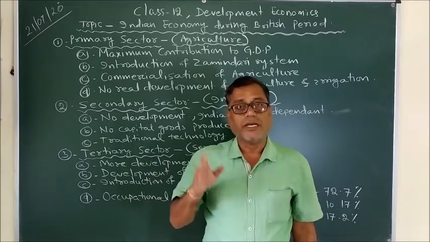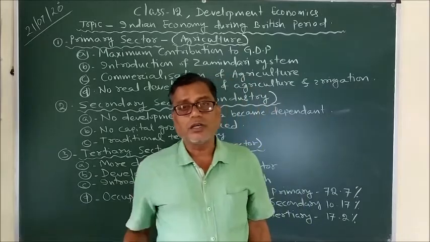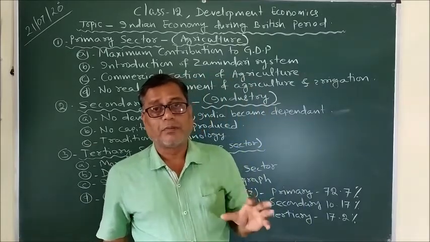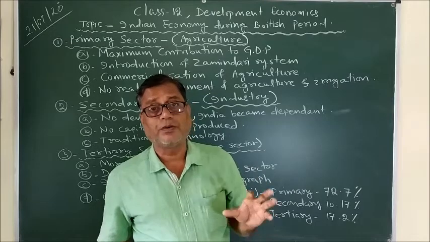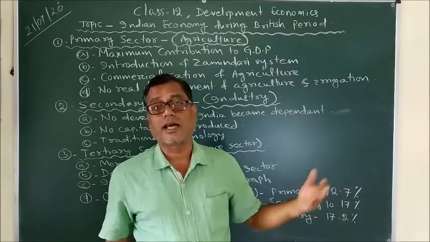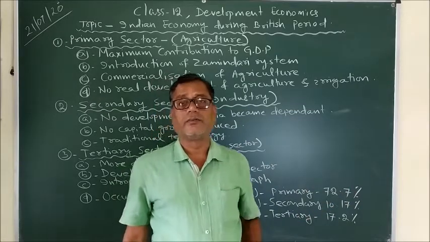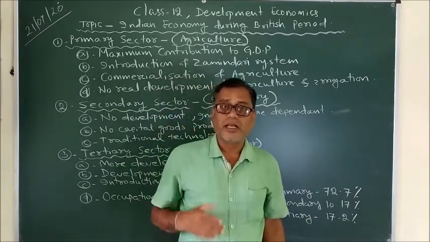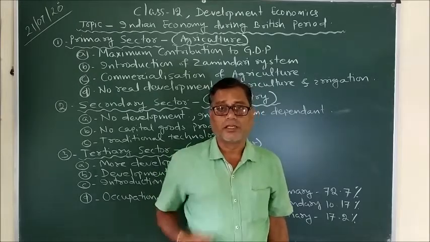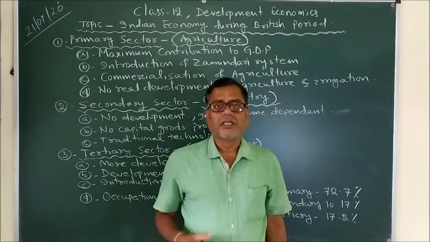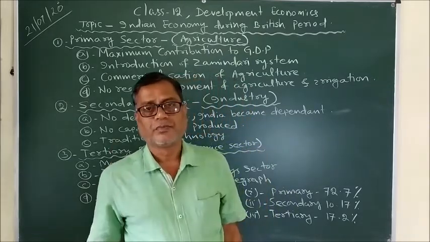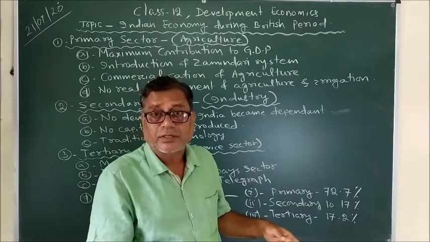He was made the owner of all the lands, and he used to give a fraction of his total land to different farmers and collect tax from those farmers, and the British government collected tax from those Zamindars. In this way, they made the process of tax collection quite simple for the British.